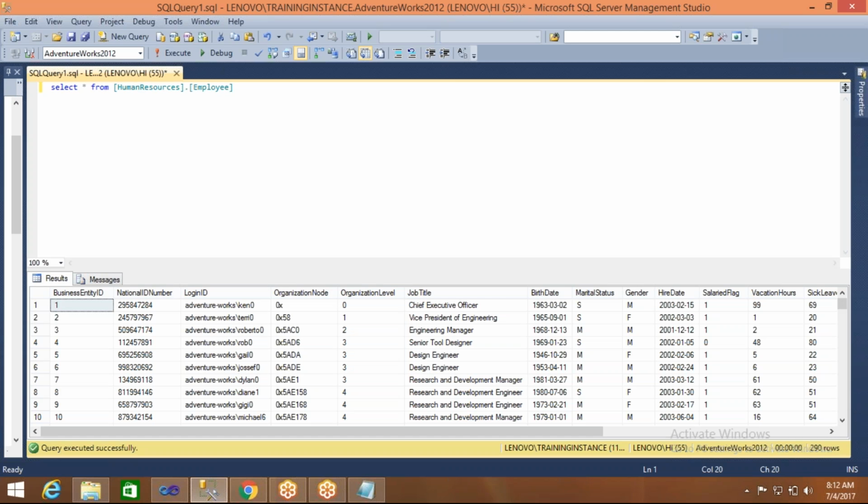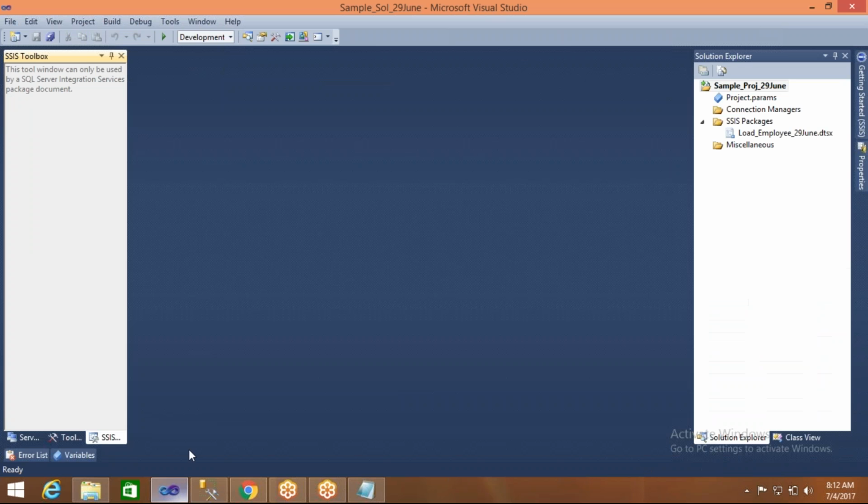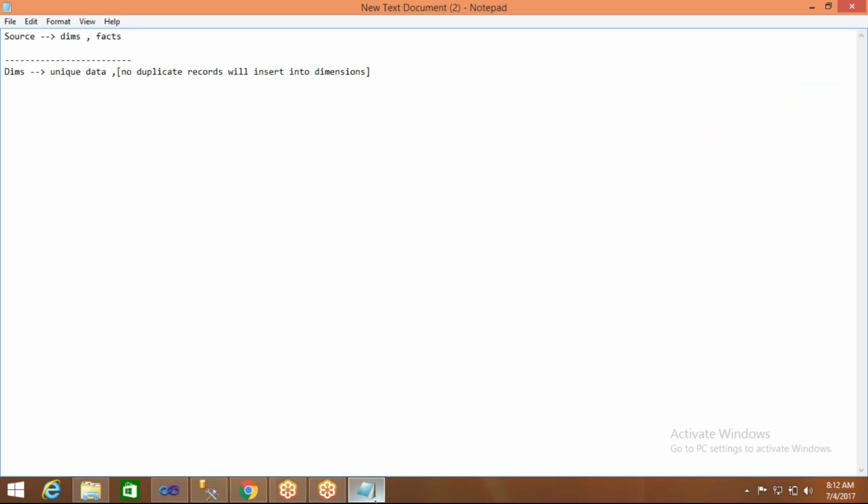So that's why we have to restrict the data coming from the source at the time of insertion. For that purpose, to check whether that particular data already exists in the destination system or not,